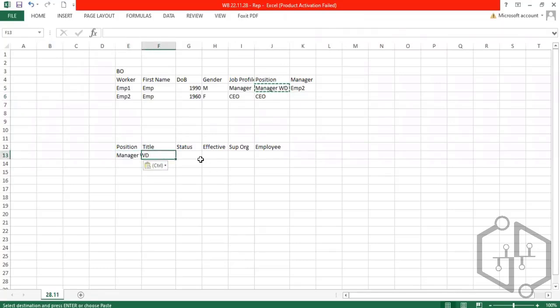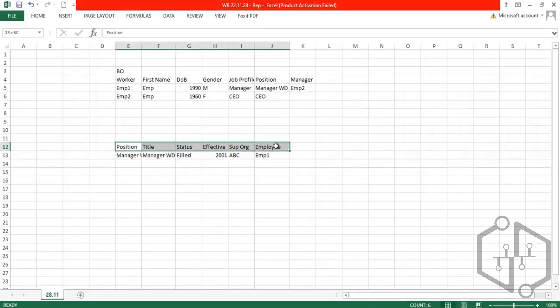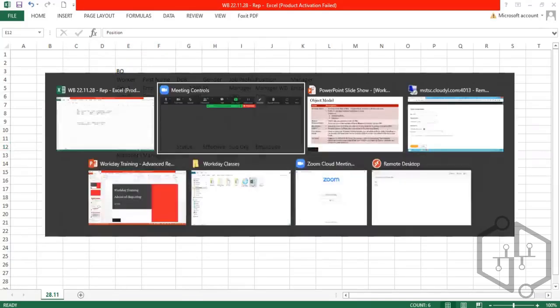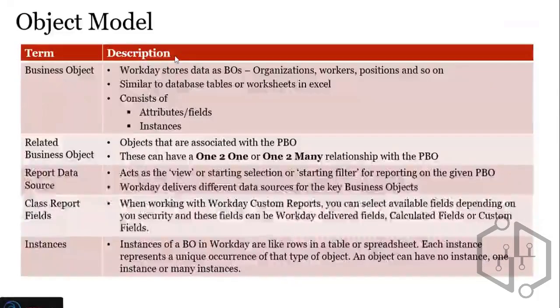Its title is again Manager Workday. Status is currently filled. It is effective from 2001. It is part of some ABC supervisory org, and it is currently occupied by EMP1, right? So each business object has some attributes,